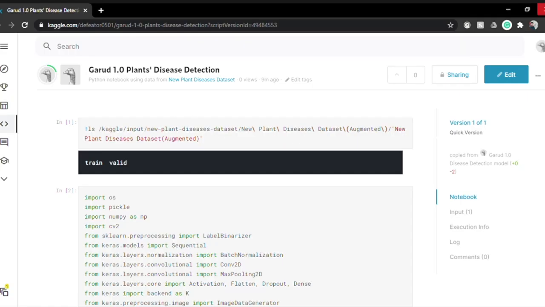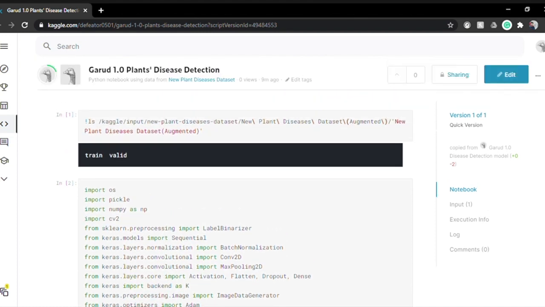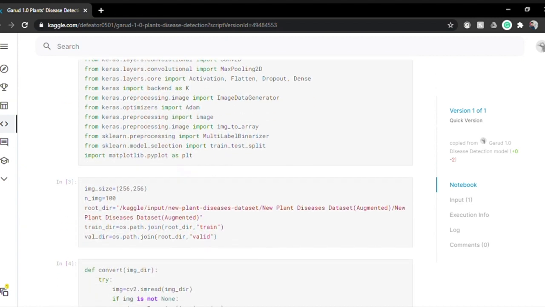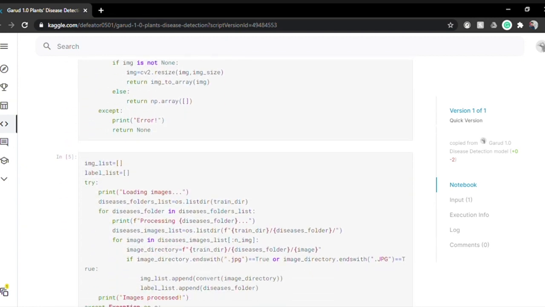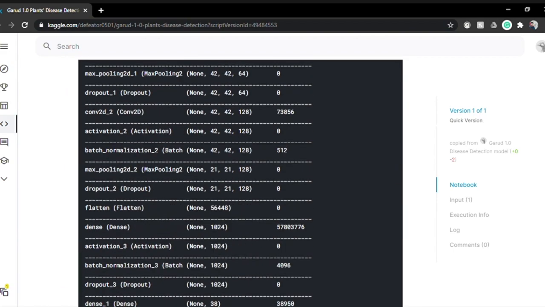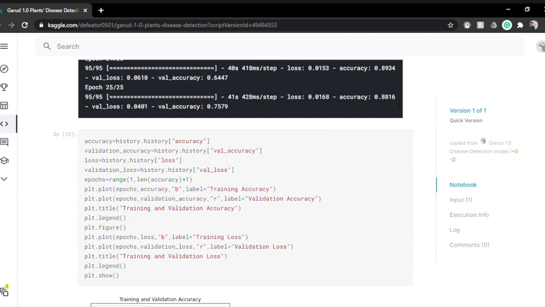Furthermore, Garud 1.0 uses a deep learning model to detect plant diseases. This model is built using computer vision, Keras and scikit-learn modules on Python. It uses a dataset called New Plant Dataset, which contains over 87,000 RGB images of healthy and diseased crop leaves categorized into 38 categories. This deep learning model has yielded a training accuracy of 88.16 and a test accuracy of